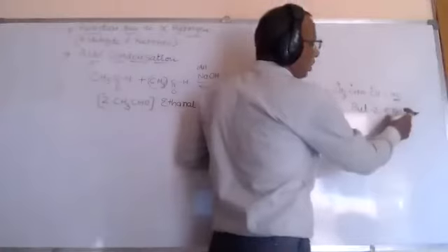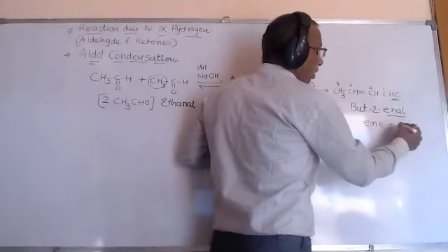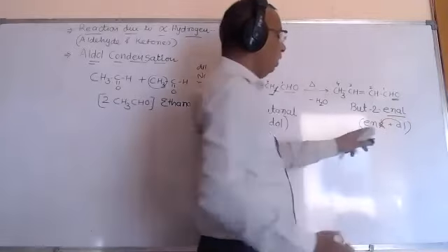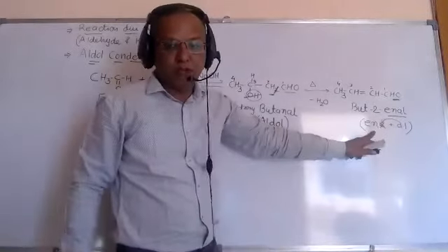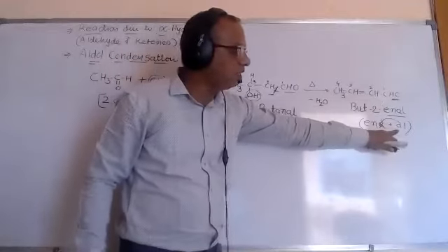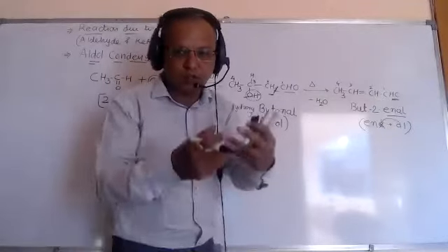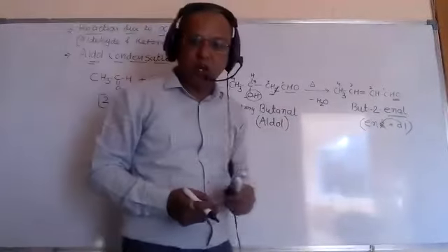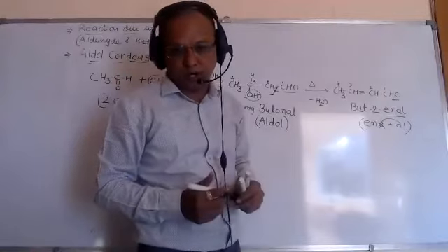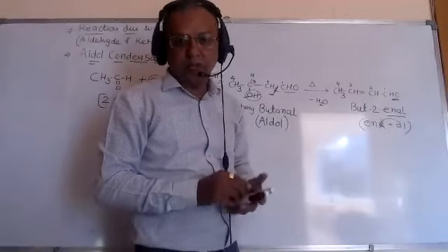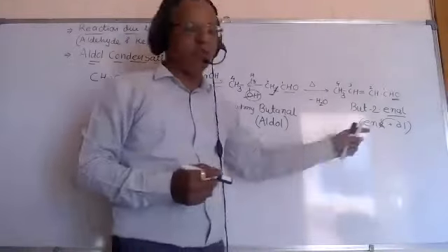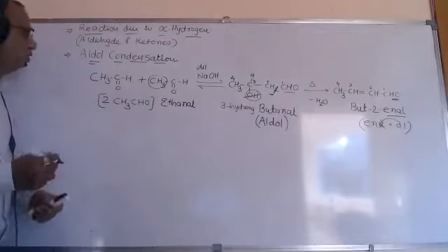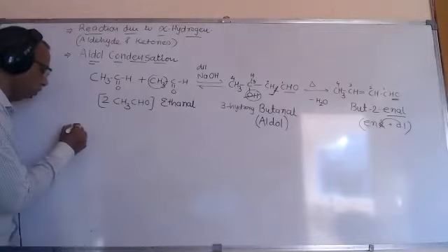Enal is actually a combination of ene plus al. The e is removed and this is added. So the suffix for C double bond C and the suffix al for CHO, these two suffixes together are called enal, and the product is called the aldol condensation product of ethanal. This is the first one. Same to same, friends, the reaction is possible for ketone too.